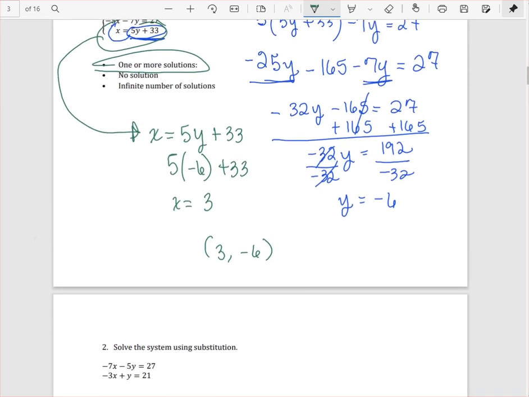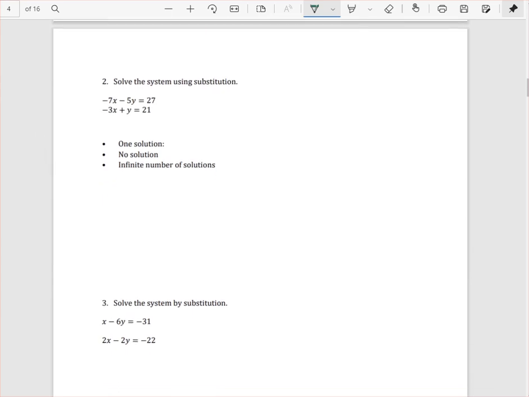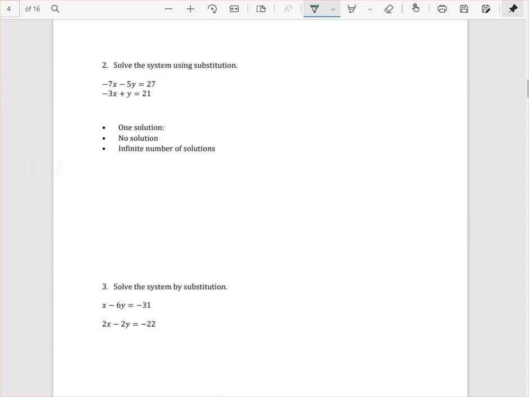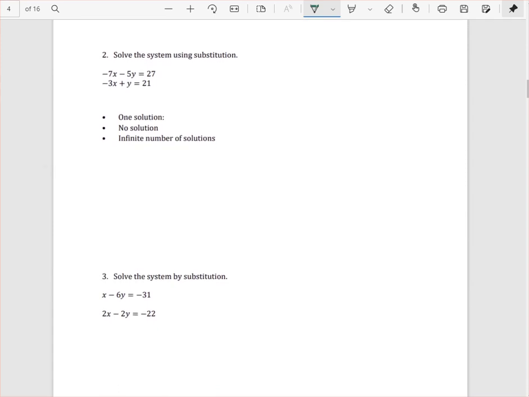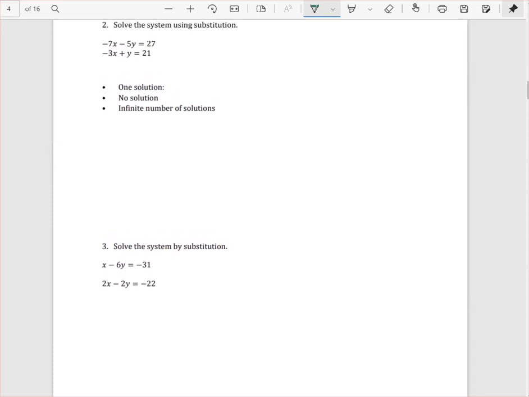So that's how you solve by substitution. Now I have some extra examples here on substitution, and you can see on the written notes that I gave you how to solve them. I don't want to spend a lot of time on this just because I don't want the video to be very long, but